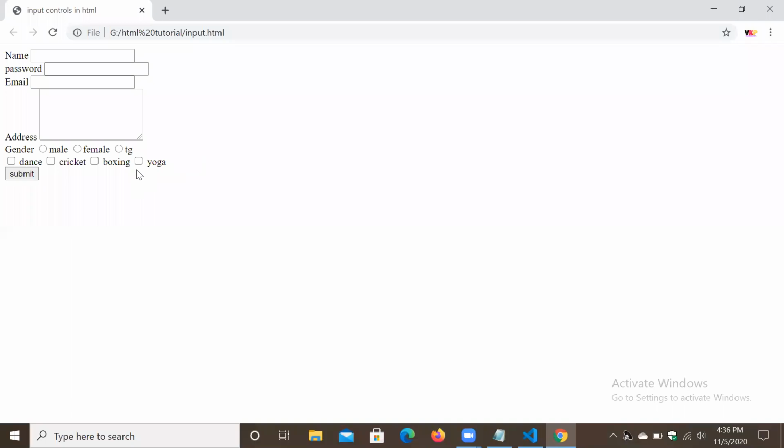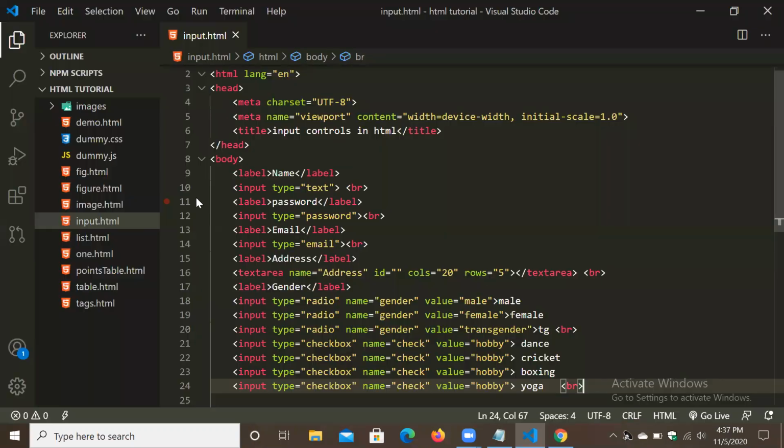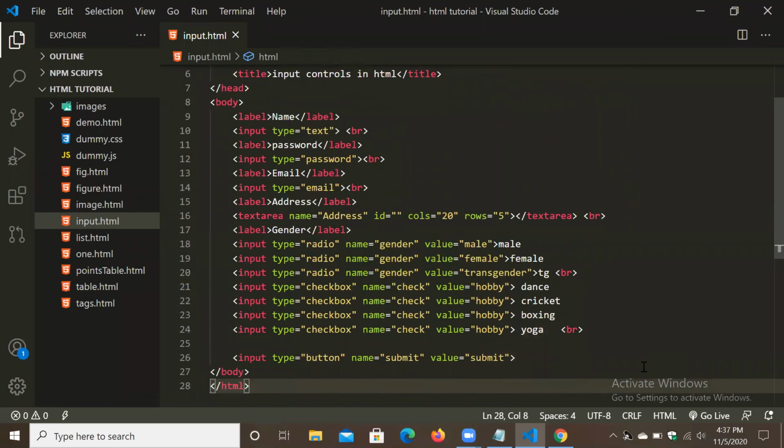So what is the difference between checkbox and radio button? In radio button we can select one at a time, but in checkbox we can select multiple options. Look, we can select all. Okay, so this is what we can do with the checkbox.